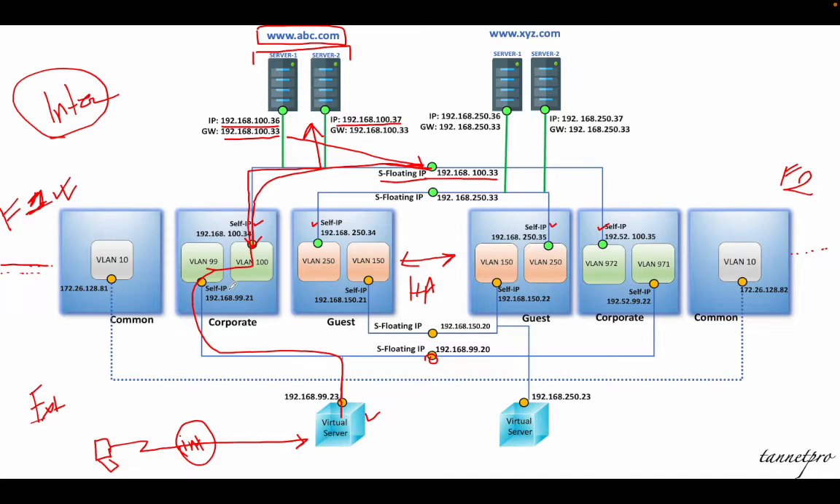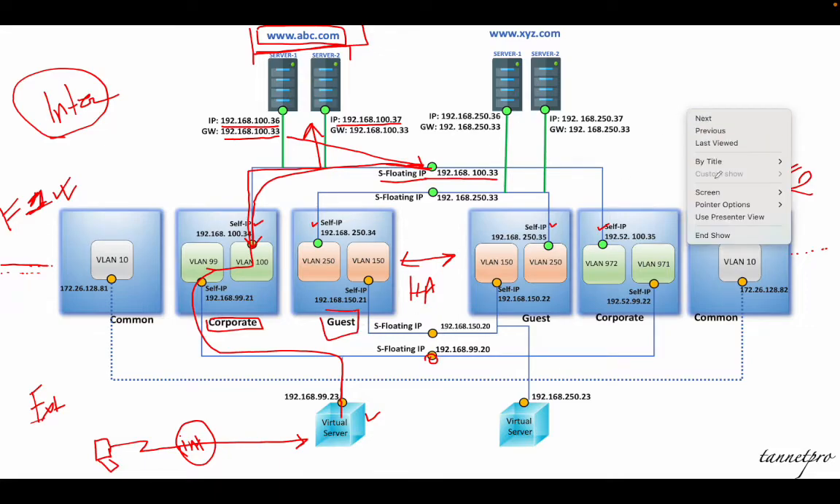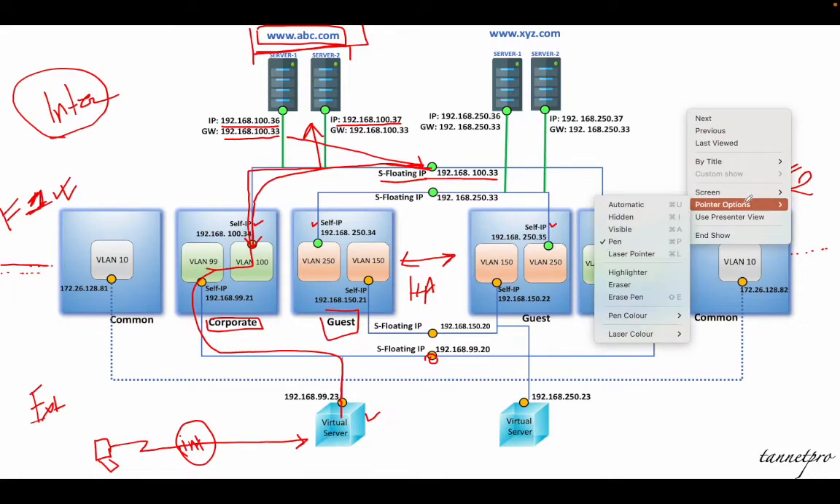So in this corporate partition, your corporate server is abc.com, right? For the guest, this is a very important part. For the guest,